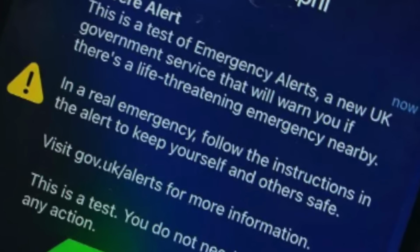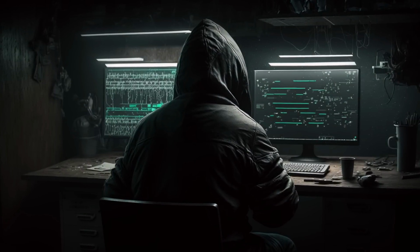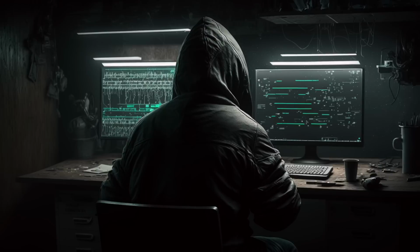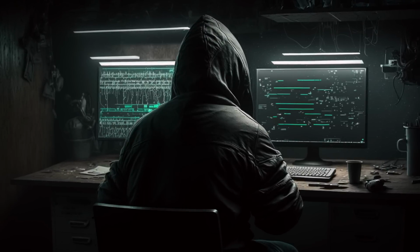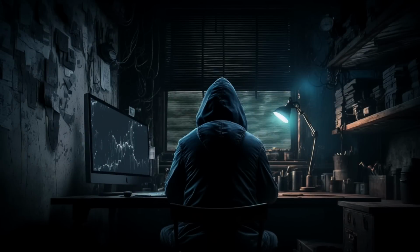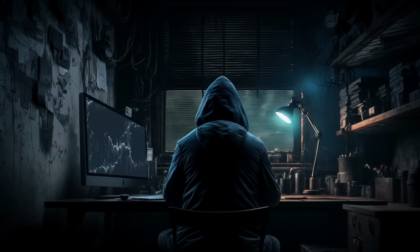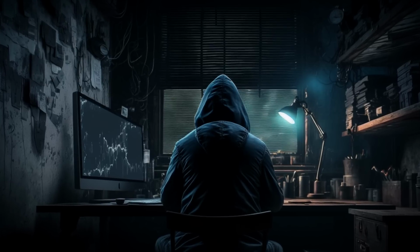deal with the situation. However, a hacker on social media has come forward and said that they have the ability to hack the emergency alert system, and they estimated that within 12 months, fake emergency alerts will be sent out by hackers. They detailed that they now work for a government agency and said it's their job to identify software that can be hacked, further saying that it's now another piece of software that the United Kingdom government has to